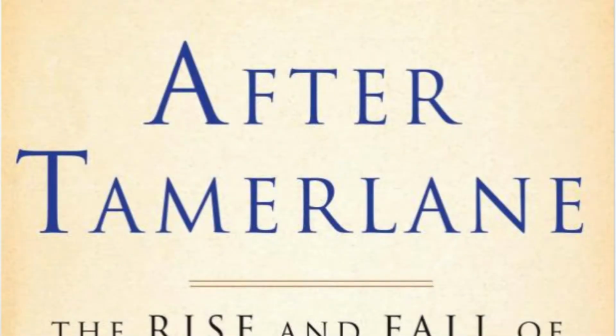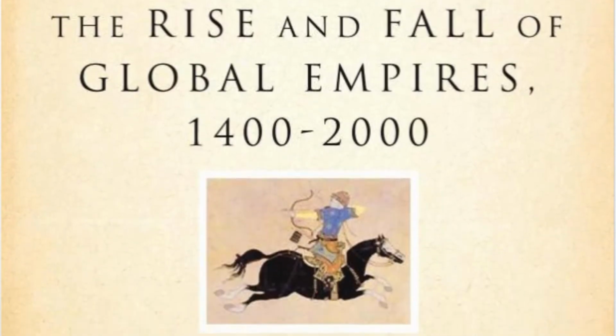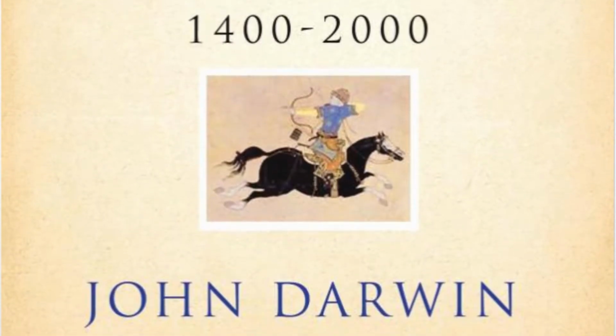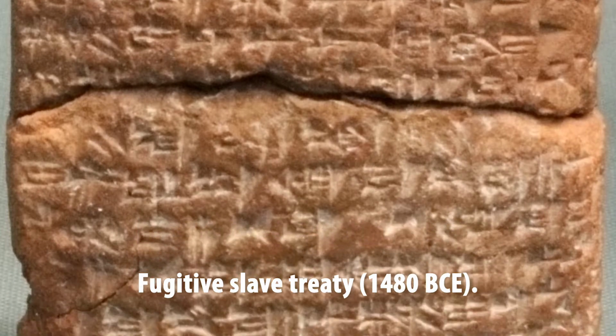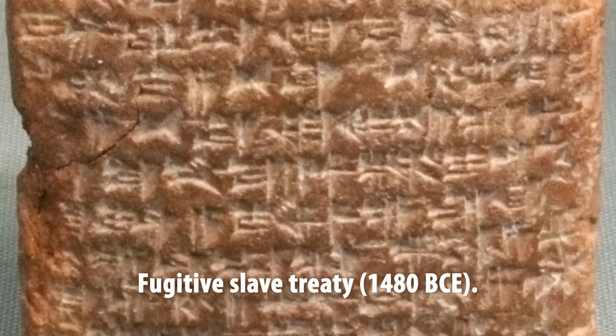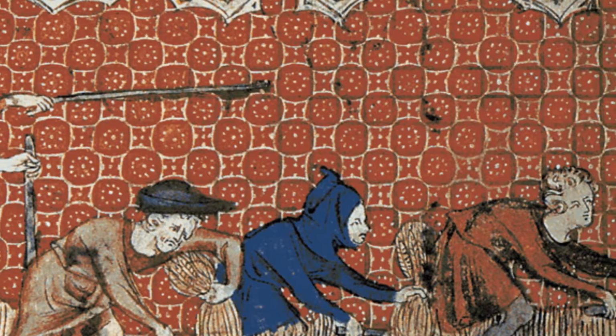In his book, After Tamerlane, The Rise and Fall of Global Empires, historian John Darwin argues that contrary to popular assumptions, empires have actually been quite common in world history. Unfortunately, the same could also be said of slavery. As an institution, slavery has existed in a wide range of civilizations on Earth and has been very, very common throughout early human history. Even in pre-modern civilizations that did not have slavery, such as medieval Europe or ancient India, rigid class structures were common, with an oppressed lower class, for instance serfs in medieval Europe, or the caste system